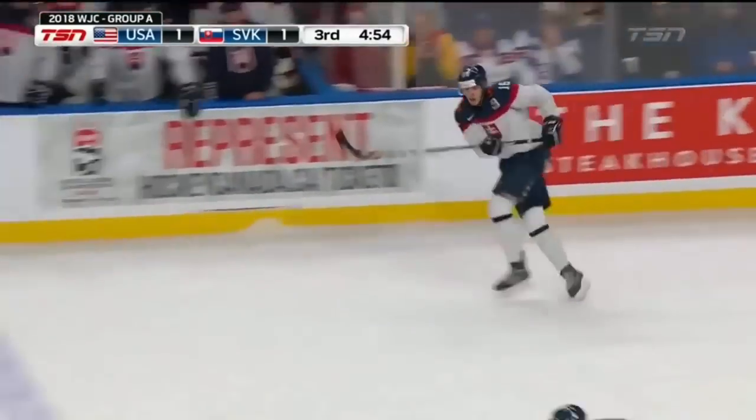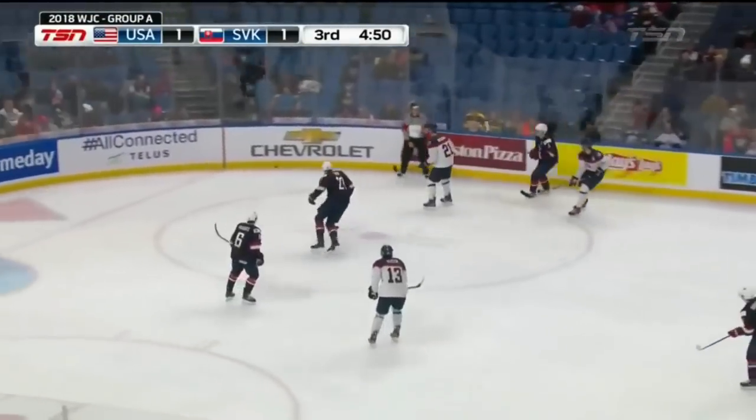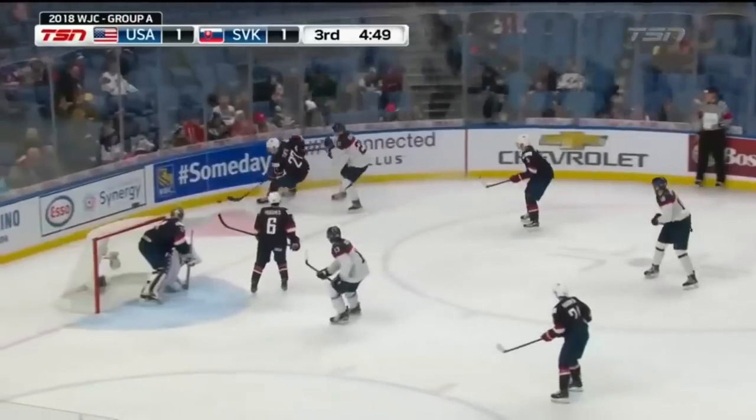We're going to watch the Slovaks. This is going to get pumped into the corner here, so let's just stop it right here. At live speed, this looks like it's on Hughes, but it's really not. Clearly no one's talking. Riley Tufte, a forward, is back on the retrieval. This needs to go back up towards the corner to Lindgren, or harder around, or just swallow it. Hughes has to babysit the front of the net here, and he gets tempted into a bad spot by Tufte,